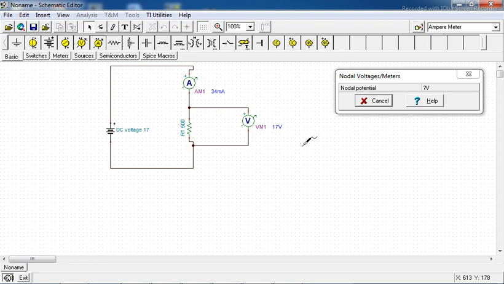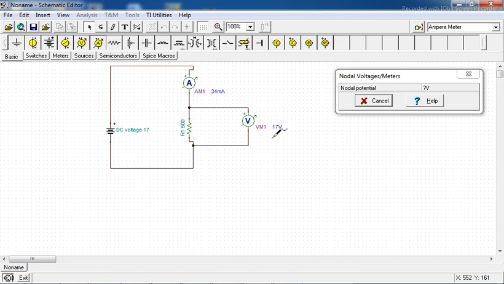Means the current flowing through this resistor is 34 milliampere and the voltage across the resistor is 17 volt. Now you take the readings of these three things, and let us verify Ohm's law.